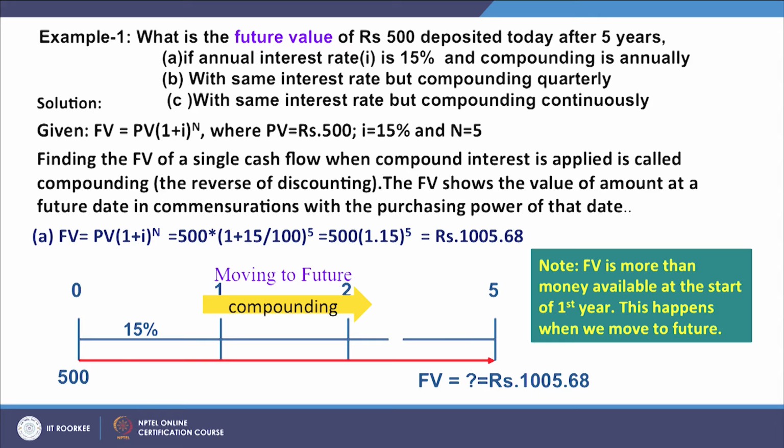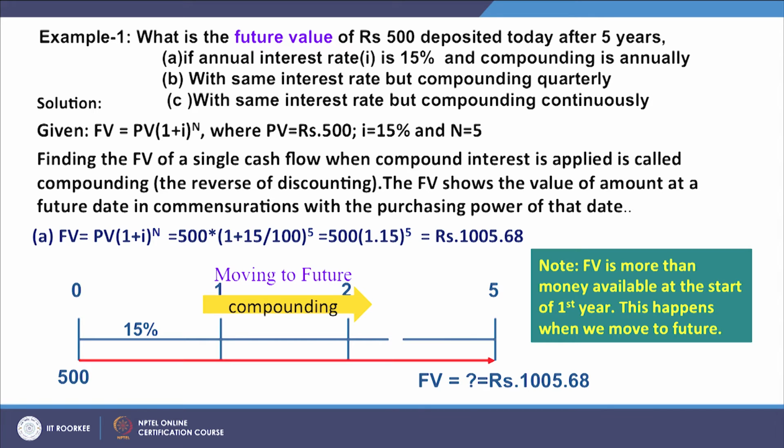Finding the final value of a single cash flow when compound interest is applied is called compounding, and this is the reverse of discounting. The FV shows the value of an amount at a future date in commensuration with the purchasing power of that date. Now, FV is equal to PV into (1 plus i) to the power n, which is equal to 500 into (1 plus 15 divided by 100) to the power 5, that comes out to be